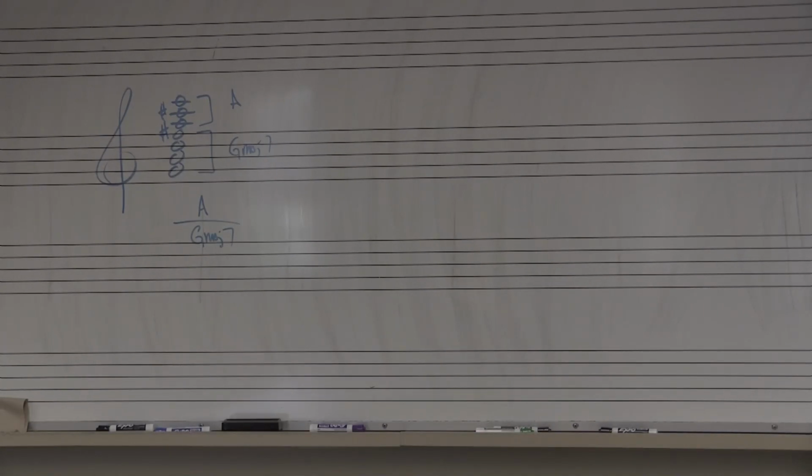Oh, we already have that F sharp in the key of G, right? Aha. It's already there. So the 4 is actually not a sharp 4 unless you go the full Lydian mode. Does that make any sense? If you're in the key of G,